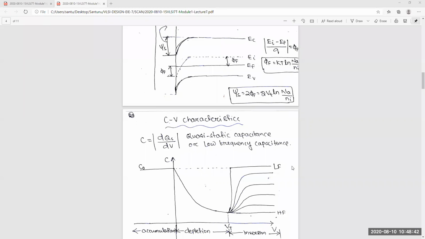Yes, sir. This is your answer? Sir, why it is increasing, I don't know. By constant, that is the reason for the constant part, I guess. Okay, but that depletion width will be constant. It will not increase more after the threshold voltage. So in that case, you can say this capacitance is almost constant.